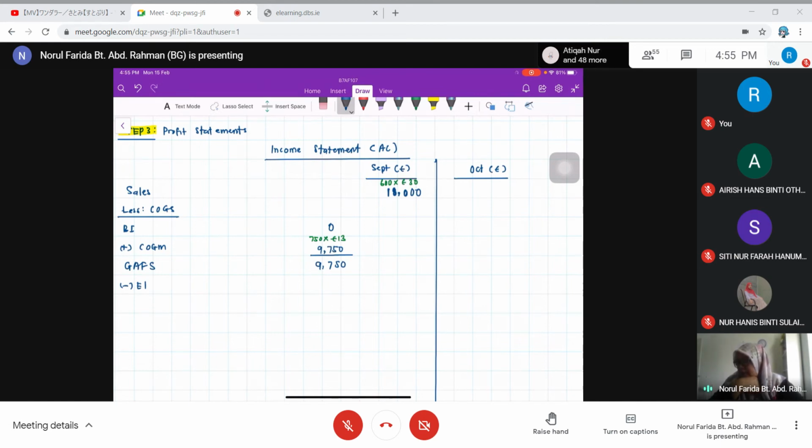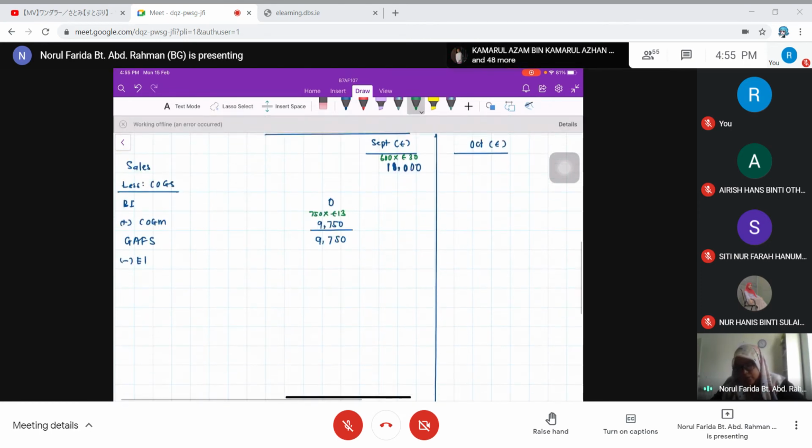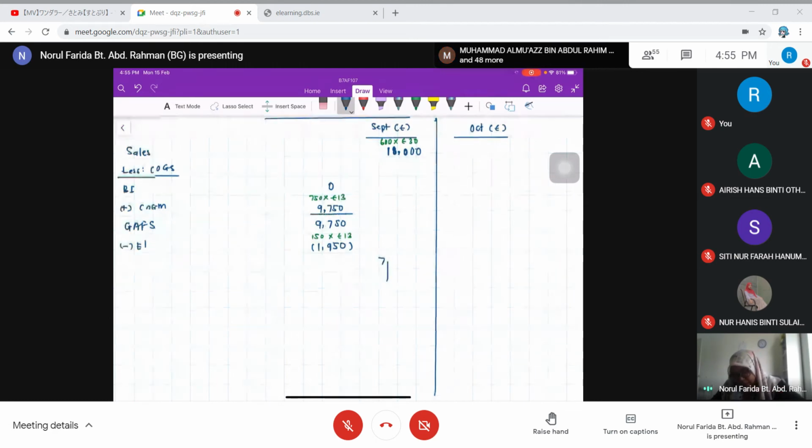Ending inventory for September is 150 units, so 150 units times 13, you will get 1,950. So 9,750 minus 1,950, you will get